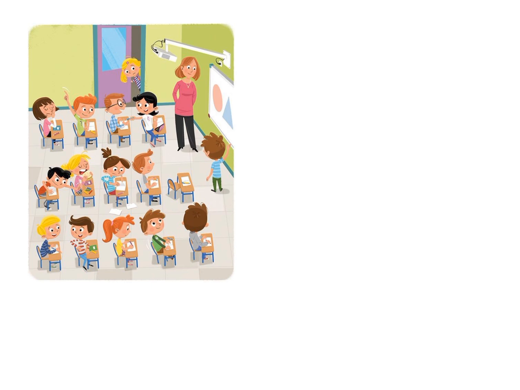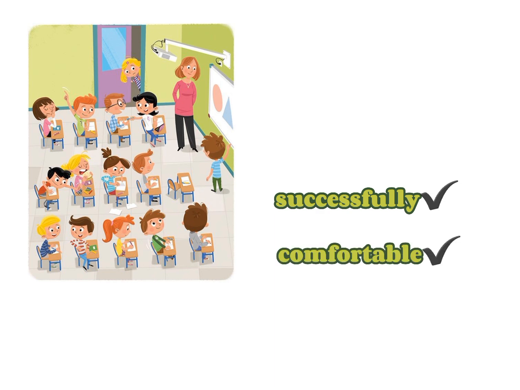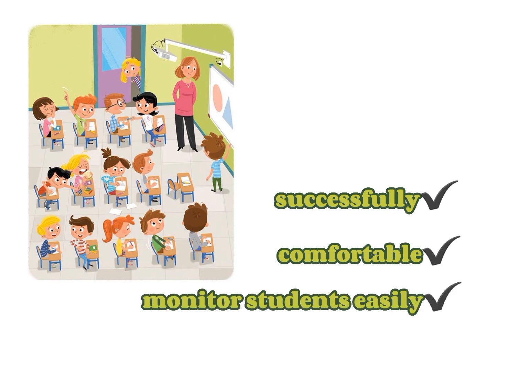Good classroom management is when teachers and students can carry out learning activities successfully. The teacher can arrange a good room so that students feel comfortable when studying in the classroom. Make sure the teacher can monitor students easily, and students can pay attention to the teacher from all sides of the space, especially when the teacher explains.